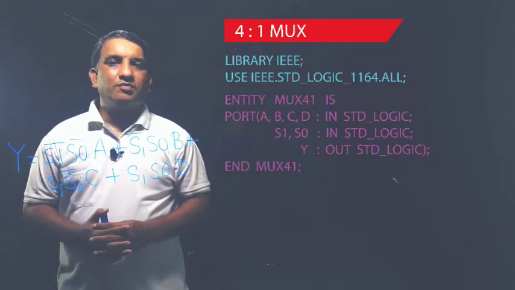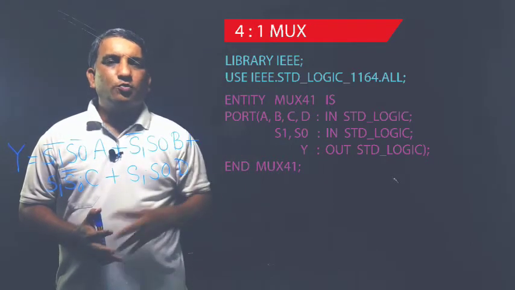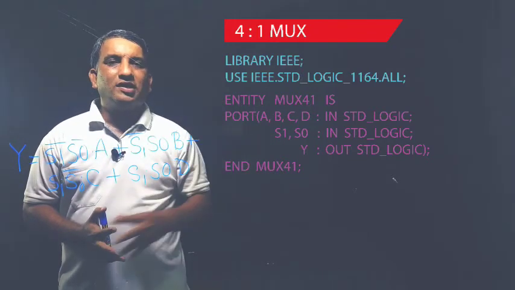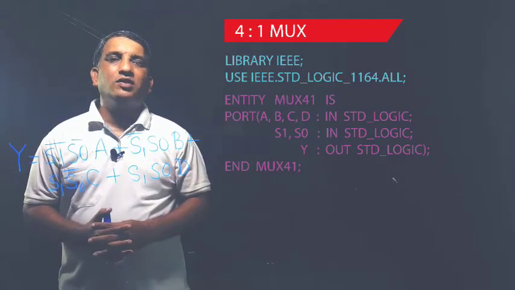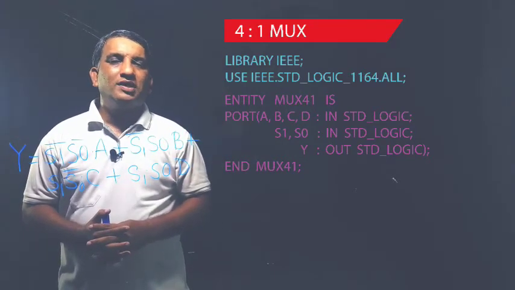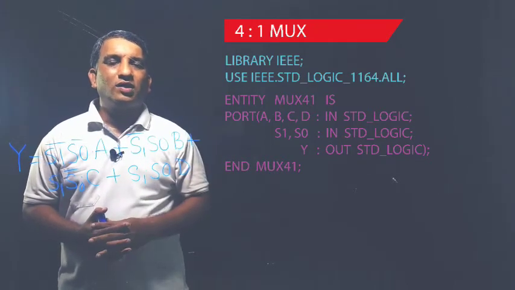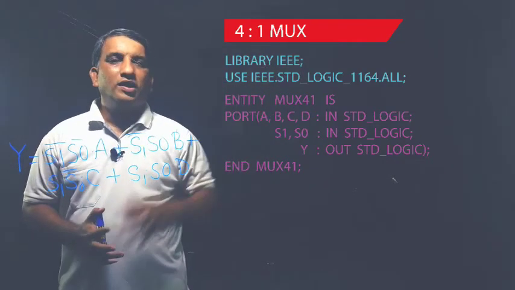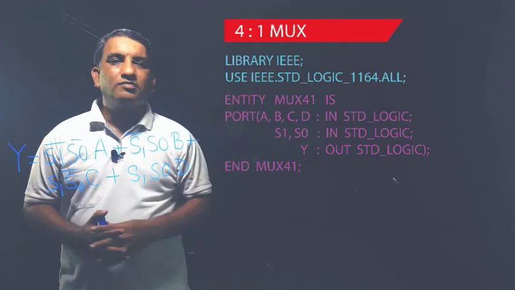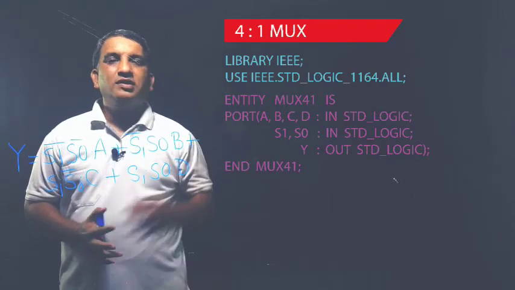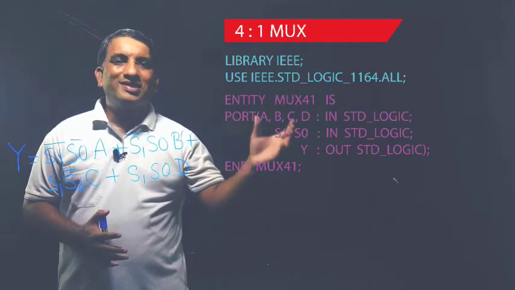So if you can see here, there are 4 input ports, and along with the 4 input ports we are having the 2 select lines. All they are the inputs, और इनके ऊपर आने वाला भी डेटा है वो either 0 रहेगा या 1 रहेगा. That means data type भी इनका same है, सारे के सारे single bit के ही ports है. So सभी को मैं एक ही line में declare करूंगा. That's why A, B, C, D, then colon, these are the input ports. So I will write down in, और इसके data type क्या आएगा, std_logic, right. Then semicolon.